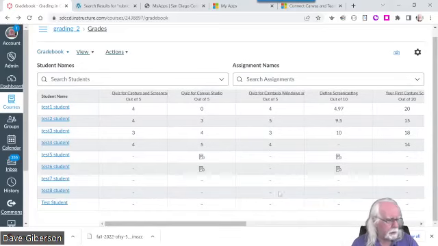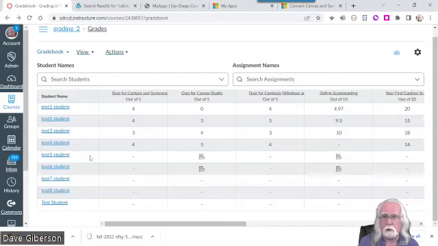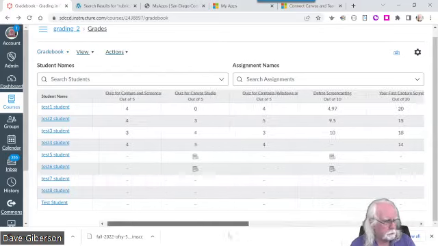Okay, so each of these grade columns represents an assessment. Each of the rows, of course, as would normally be the case in a paper grade book, represents a different student. Your students are automatically populated into the course and appear in the grade book as long as they are actively registered in the course. If they drop the course, they disappear from the grade book, though their records can be retrieved if you need them after they drop. So fairly simple